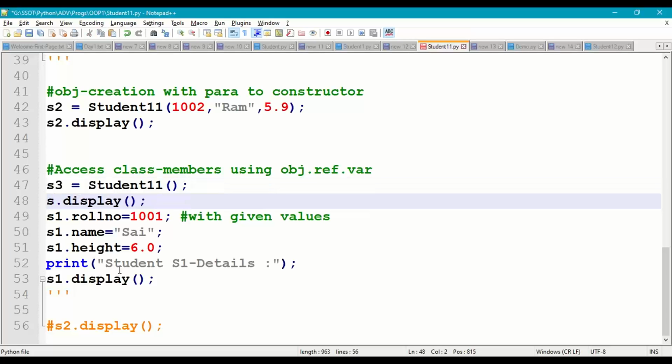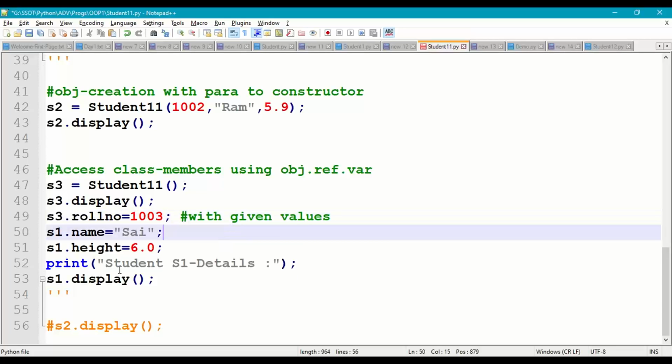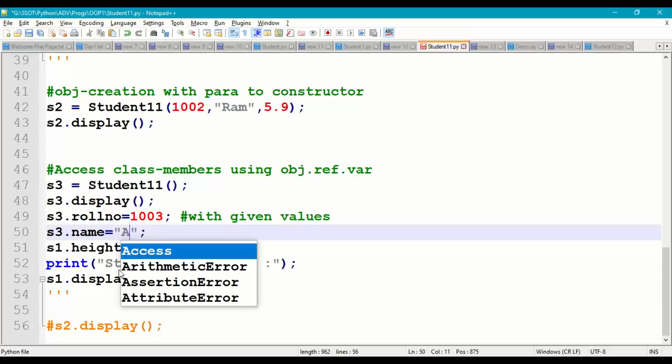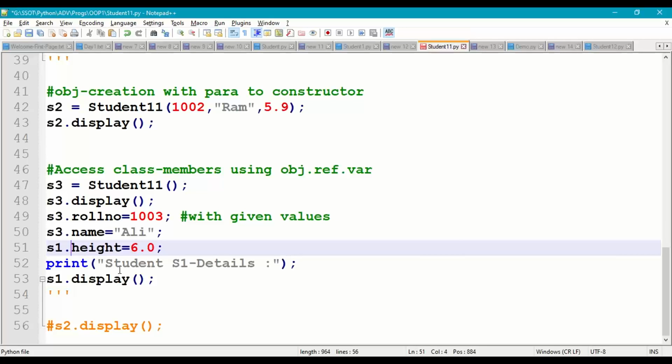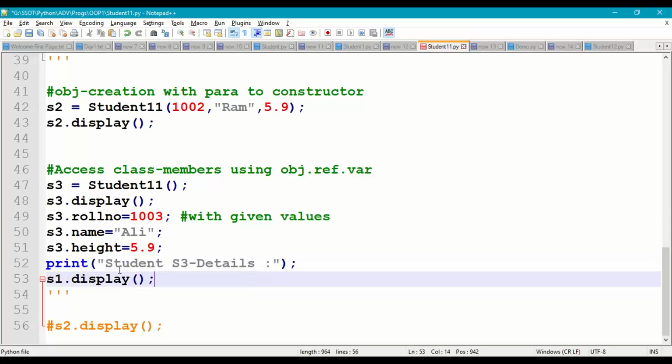So s3 dot roll number will take 1003, s3 dot name, I'll take it as Ali, s3 dot height, I will take it as something like 5.9, and I'll say student s3 details and s3 dot display. Okay,